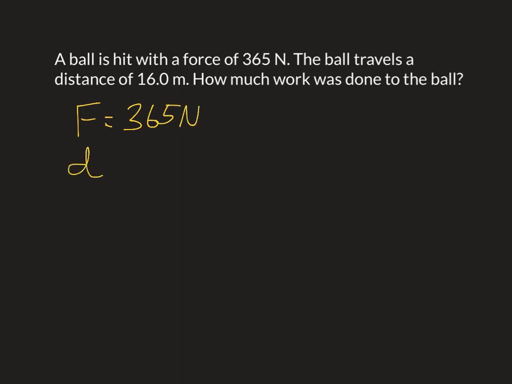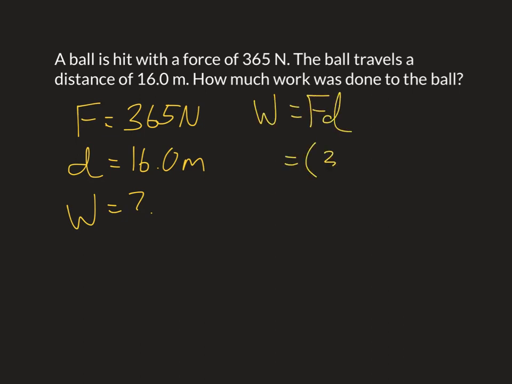We have my distance, which is 16.0 meters, and we're trying to find work. All right, so work is equal to force times distance. My work here is 365 newtons times my distance of 16.0 meters. Again, I'm just going to multiply those two things together. When I do that, I get